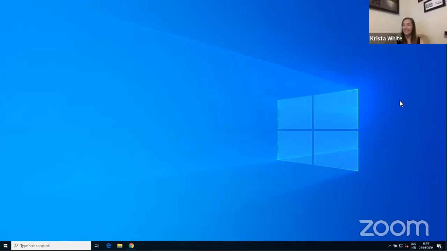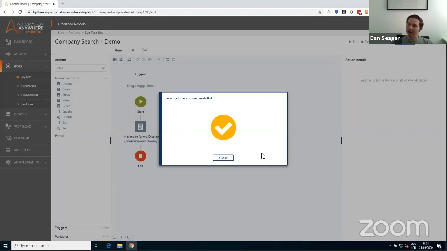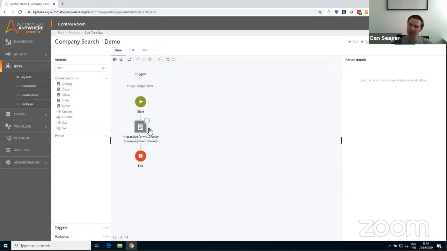So it didn't give me any kind of chance to interact with that. And the reason for that, if we look at the automation, we can see that we've started the automation, we've displayed the UI, the form, and then we've ended, right? So we haven't actually paused in our automation to give the user an opportunity to do some interaction with the form. And the way that we do that is through a trigger